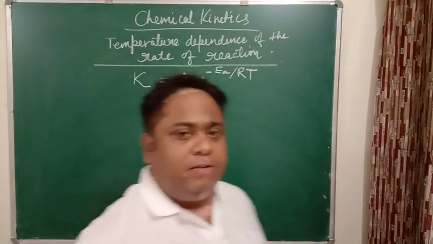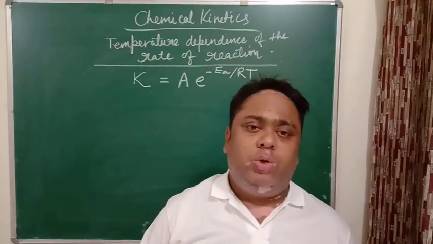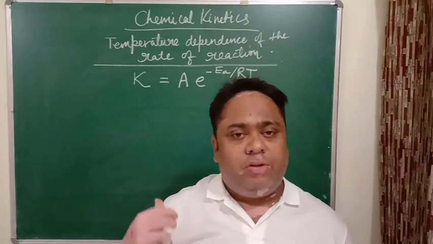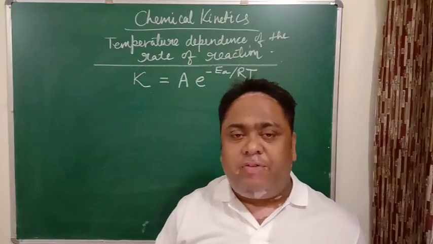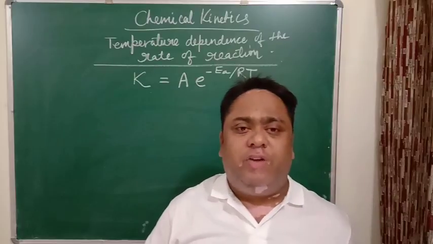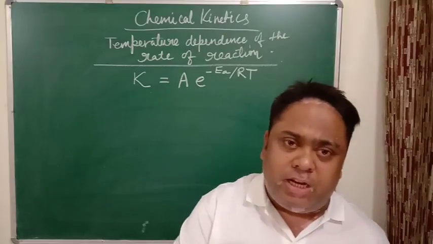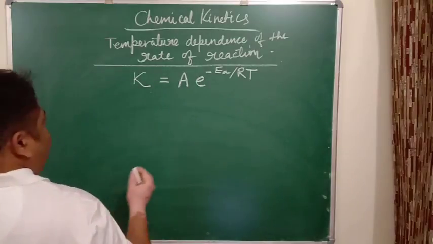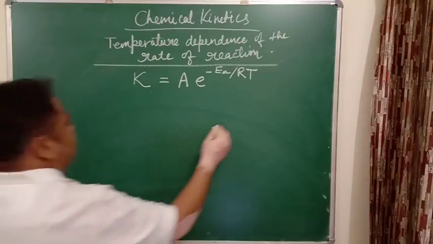Now at class 12th level, derivation of this is not required, because for deriving this you will need to refer to thermodynamics. So as of now we have to start with this equation only and solve numericals, and there will be a little bit of modification of this exponential equation, and we will try to convert this exponential equation into a linear equation. This is called the Arrhenius equation.